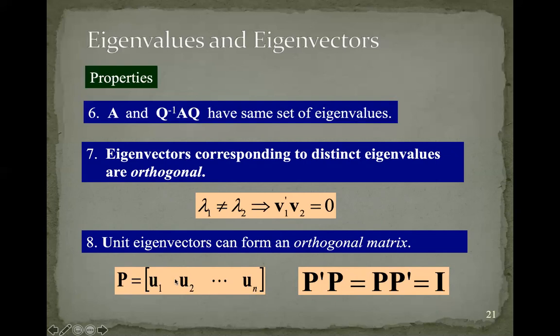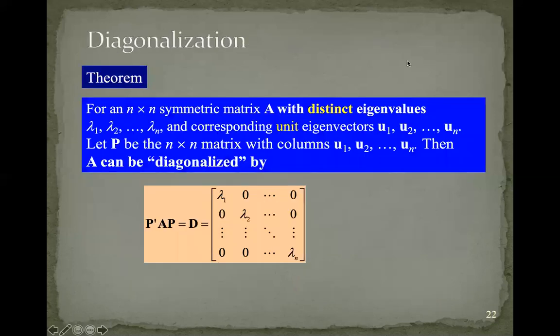Orthogonal matrix, according to property number 7, if we multiply the transpose of U1 by U2, we should have a 0 value. And assuming that each of the eigenvalues associated with each of the eigenvectors is distinct, we can also say that the transpose of the orthogonal matrix P multiplied by the orthogonal matrix itself would end up being the identity matrix, okay? So this is called the orthogonal matrix. By the theorem,